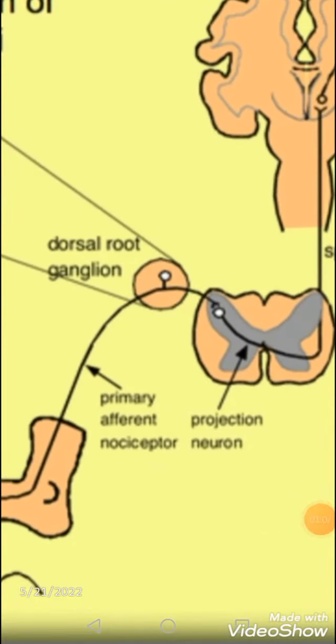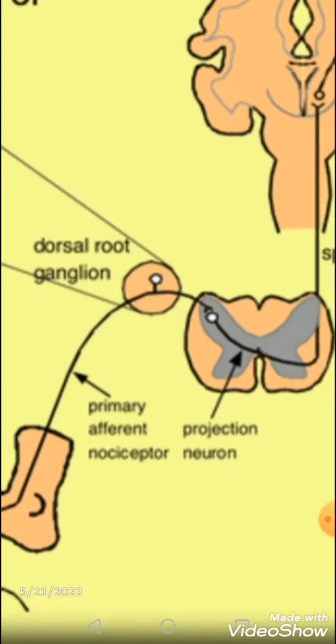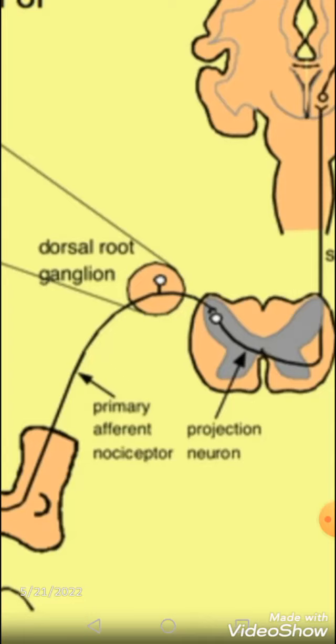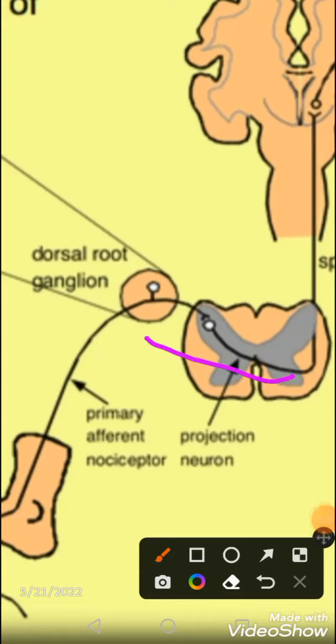Now from here, the posterior gray column has various Rexed laminae. From there, the second order neuron gets started, and then they cross towards the midline through the white commissure. Then they ascend upwards and reach the thalamus. From here, the third order neuron finally reaches towards the cerebral cortex, or maybe the fourth order neuron up to